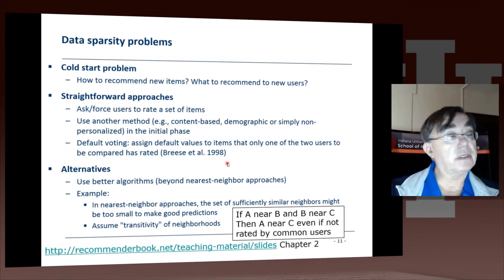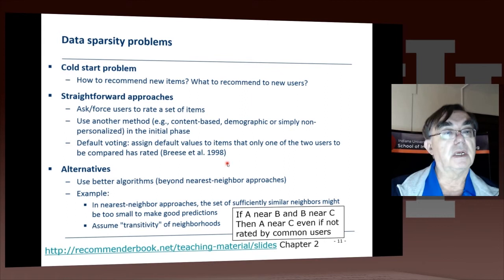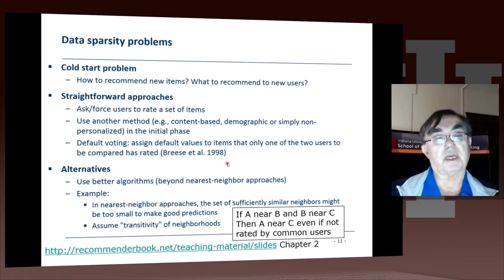So this is a very interesting feature of the sparseness of these vectors, because this transitivity is actually trivial if the vectors are all fully populated. It's just a property of distances. If A is near B and B is near C, and these are real distances, then A is pretty near C. And that's the triangle inequality. But we know that triangle inequality is definitely not true and cannot be used directly. So you have to have some slightly non-trivial assumptions to use it here.